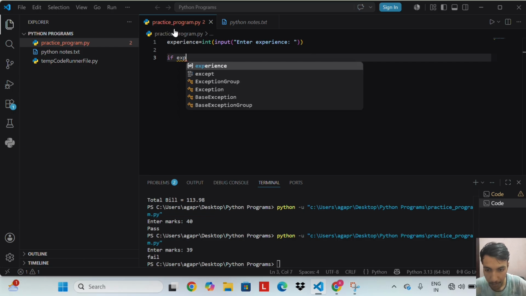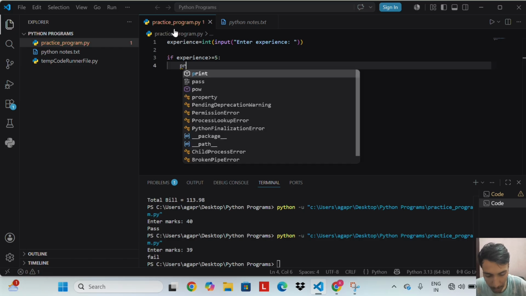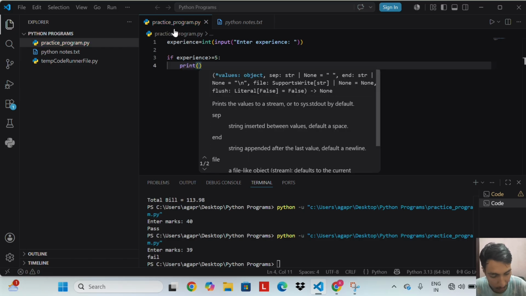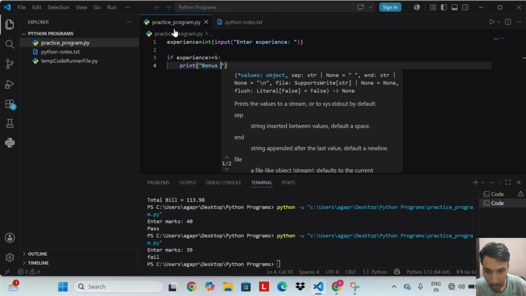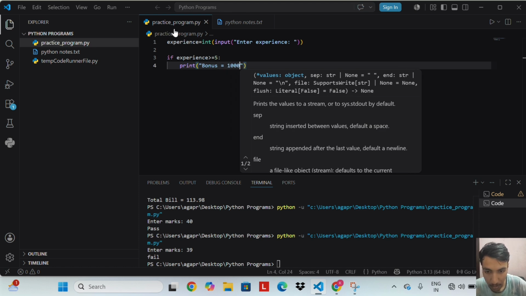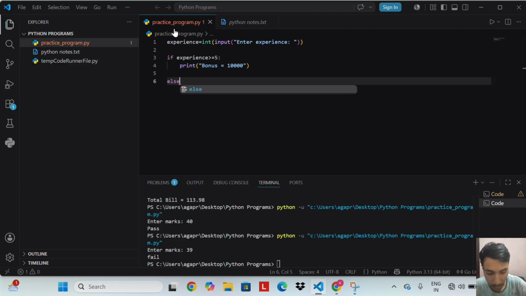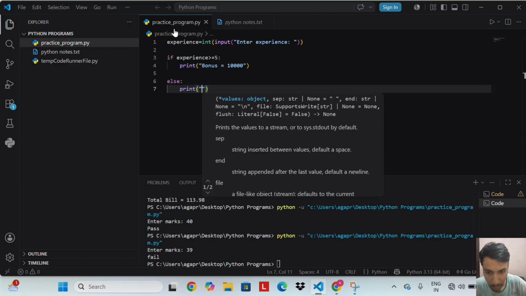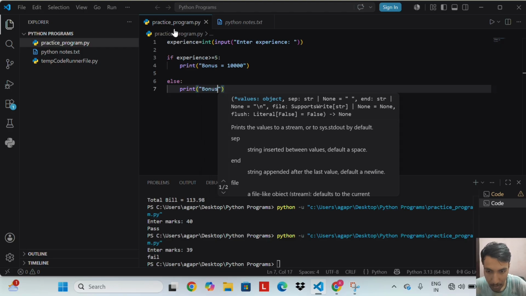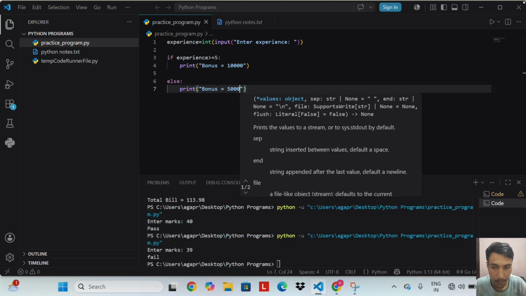If experience is greater than or equal to 5, print bonus equal to 10,000, else print bonus equal to 5,000.